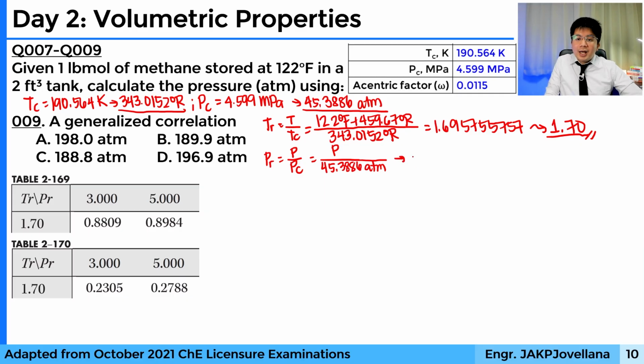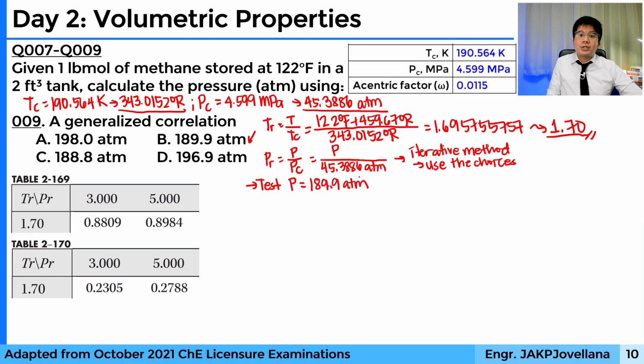So, this will be an iterative method where we substitute different values of P until it converges. So, the best way, based on the choices, is we use any of the choices for the initial value of the pressure. So, for our trial, let us test. Let's say the pressure from the choices. Let us select from choice B. Let us assume that the pressure is